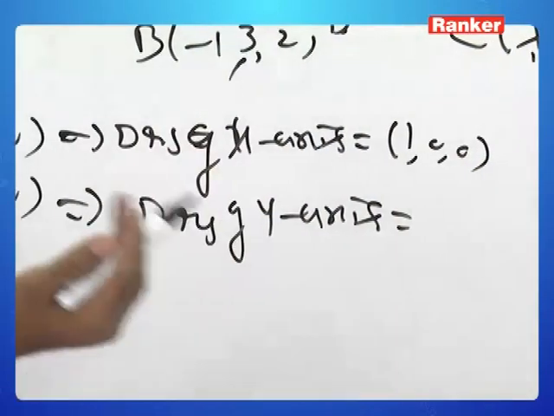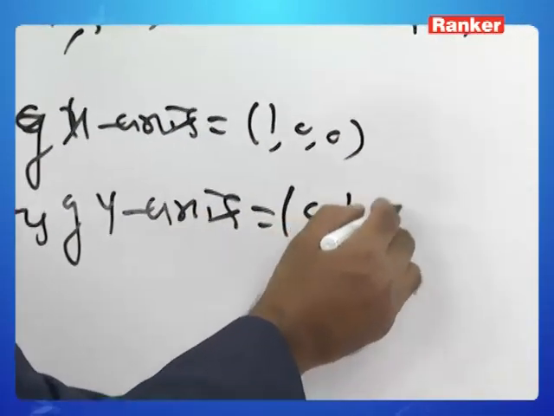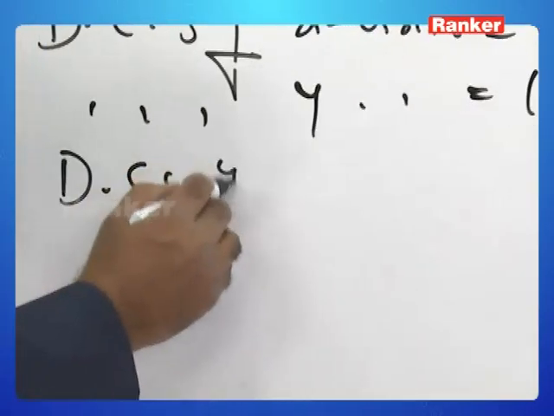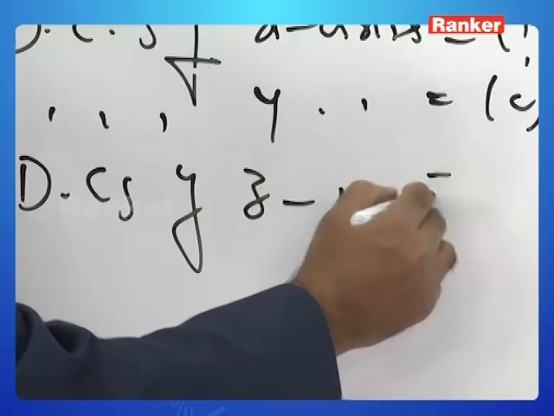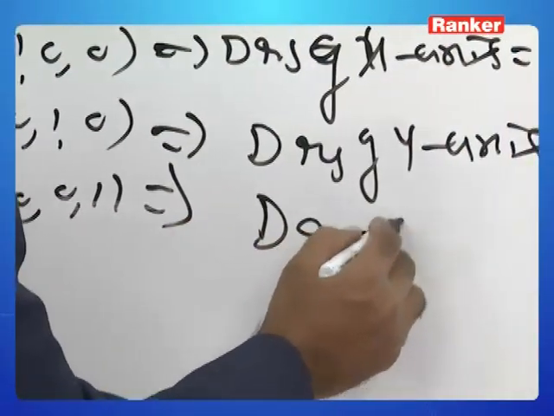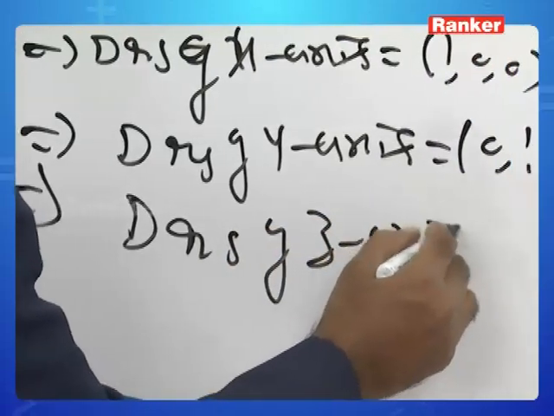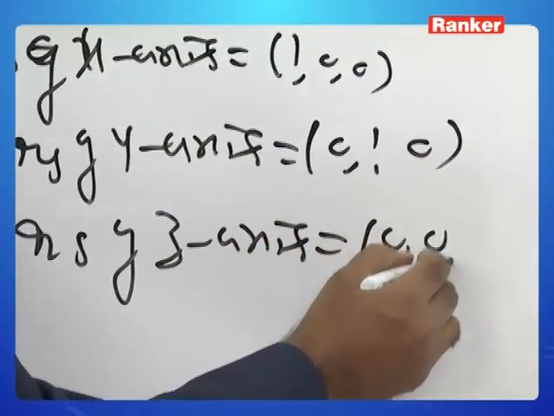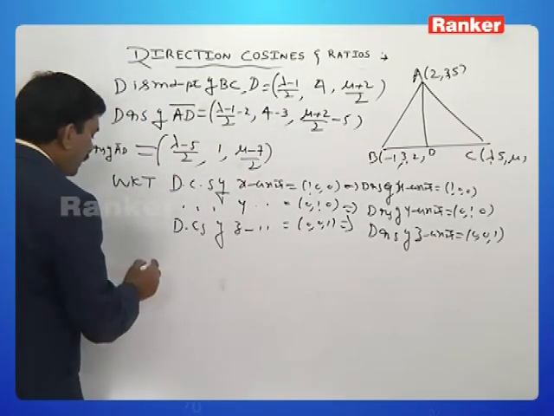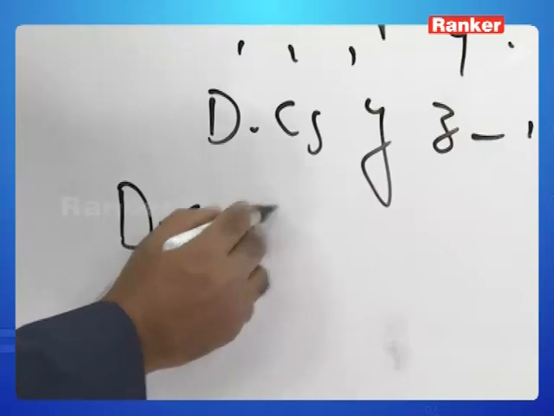Now DCs are nothing but DRs. I can also write 0, 1, 0. Next, DCs of z-axis are equal to 0, 0, 1, which implies the DRs of z-axis are equal to 0, 0, 1, right? So therefore now I can write